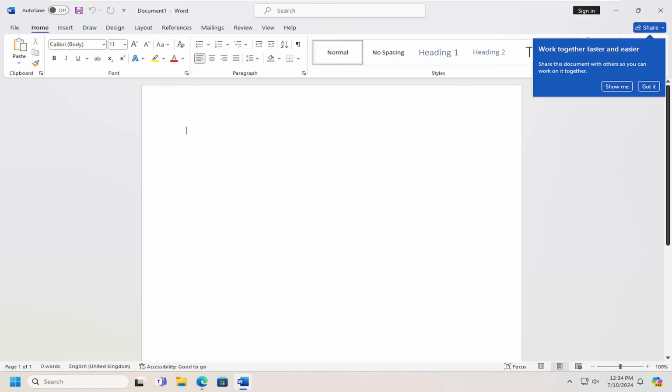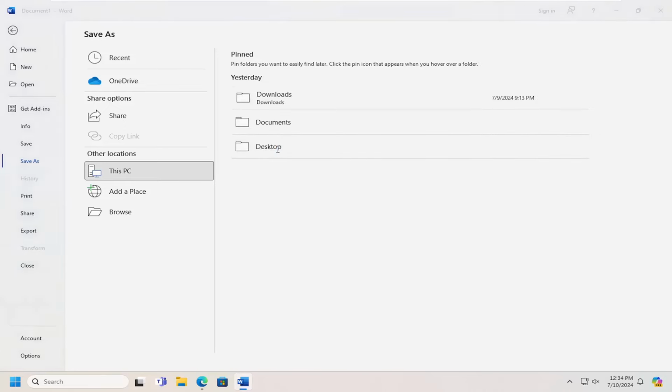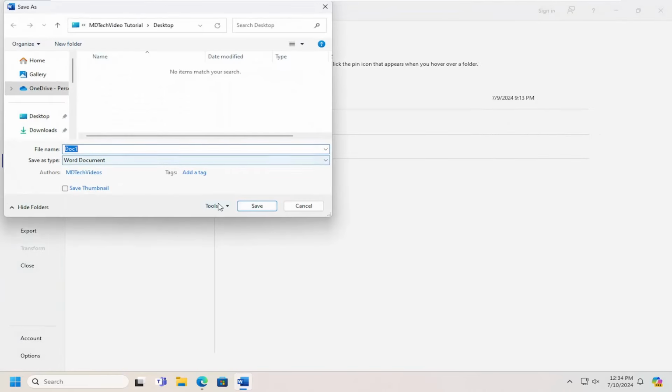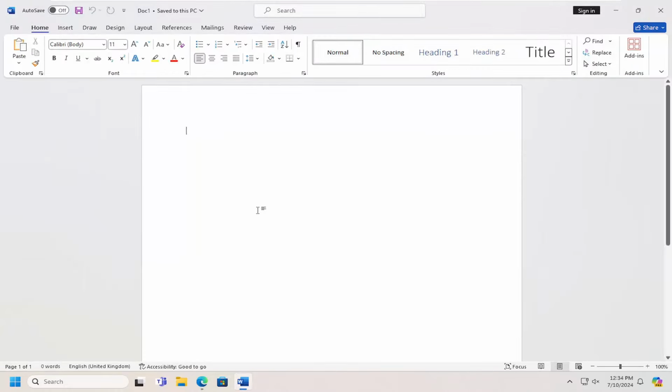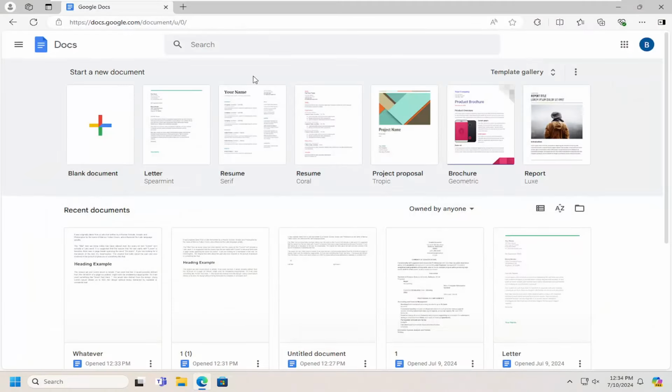So all you have to do is locate the file. I'm just going to go ahead and actually save this to my desktop here. I'm just going to call it document and select save. You can close out of Word and you want to open up your Google Docs account and select the hamburger